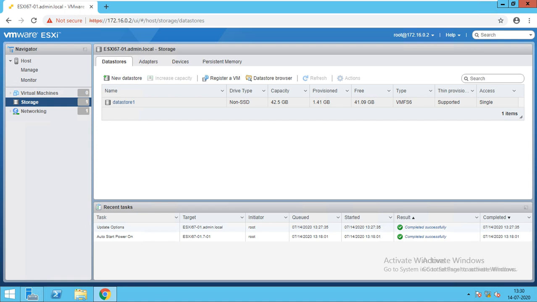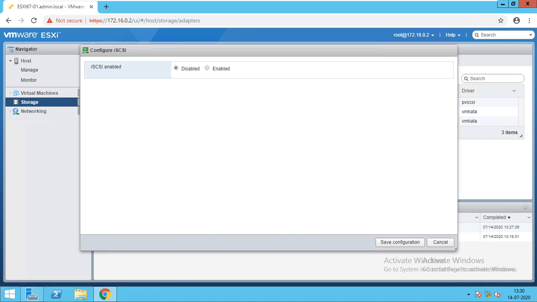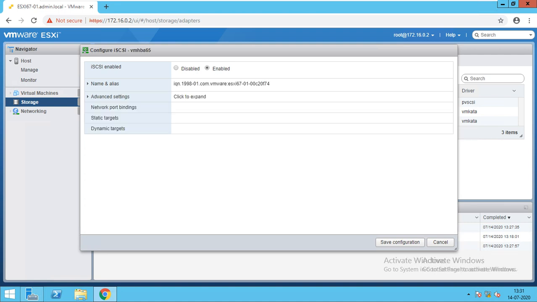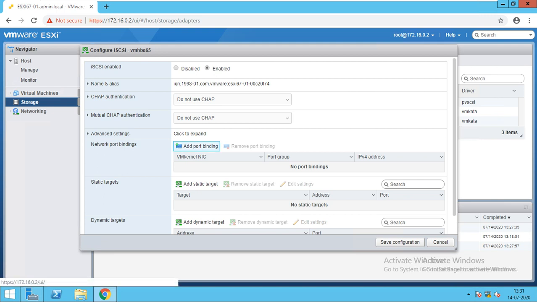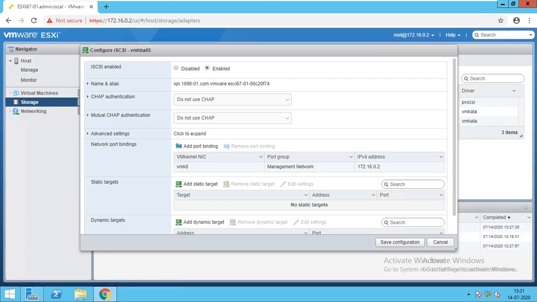If you are not able to see the storage, what you have to do is go and click on software iSCSI. So we'll enable it first, and then we'll go down as the next page comes. In port binding, because we don't have another port, we'll go with the management only.